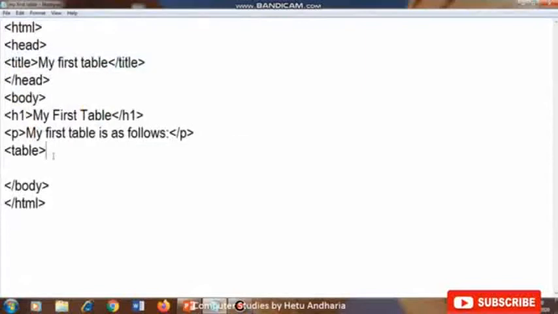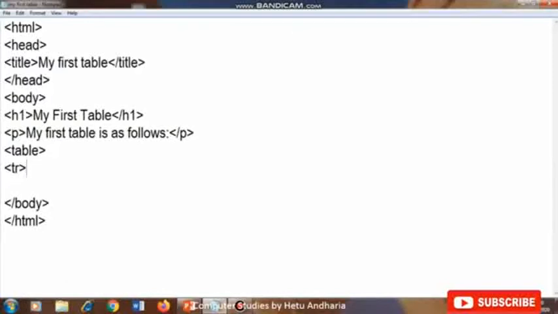The first tag which is used is table. Now in table we first have to create the row. Row is the horizontal thing, so we have to write tr to create the first row.